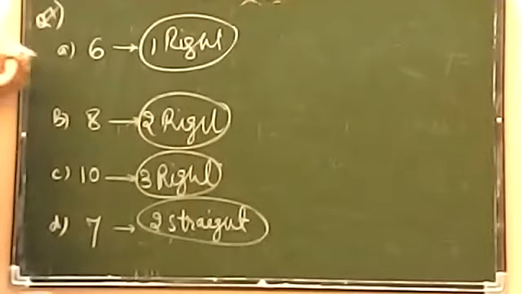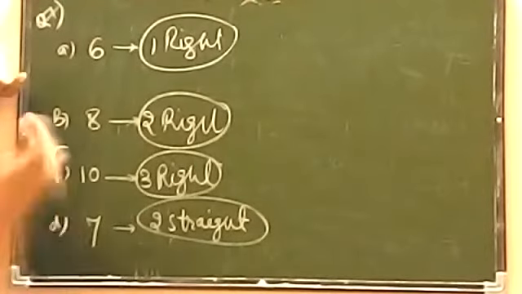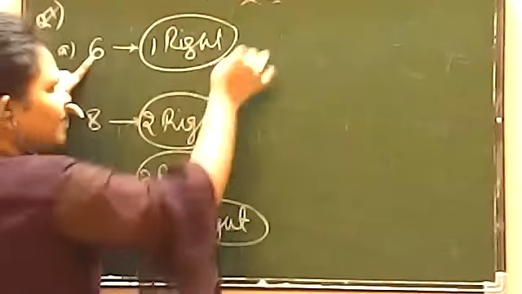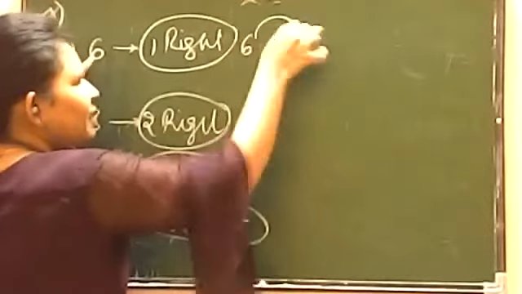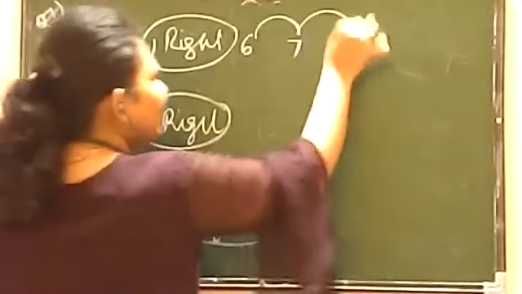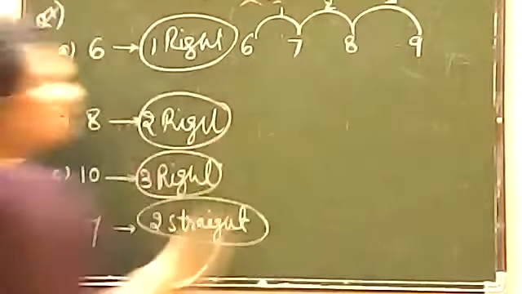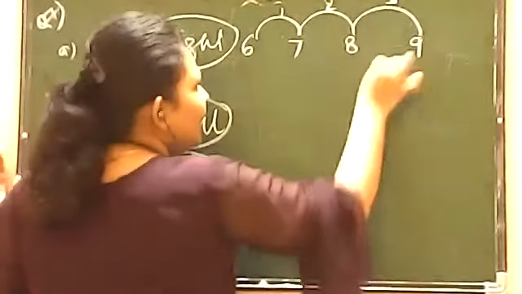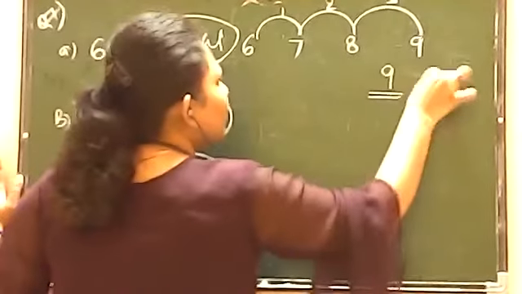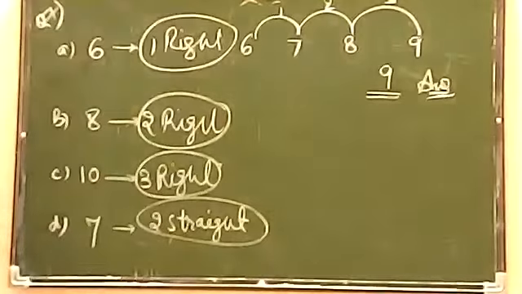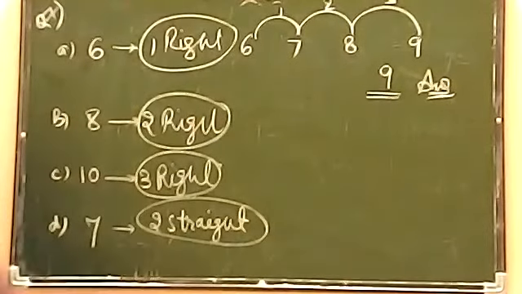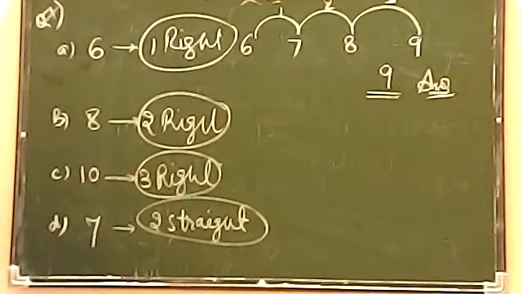And 1 right angle. 1 right angle मतलब 3 steps. Now look here. We will start from 6. 6 to 7. 7 to 8. And 8 to 9. 1 step, 2 step, 3 step. The answer will be 9 right now. Okay, very simple, very easy. You don't even need to make the figure for the clock because एक बार आपने समझ लिया, short trick आपने याद कर लिया, तो आपको बहुत easy हो जाएगा आंसर निकालने में.